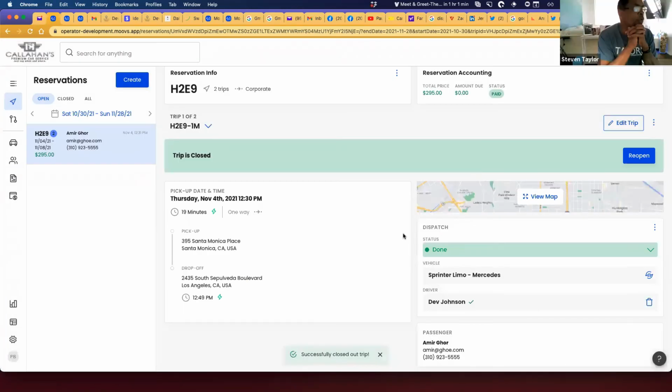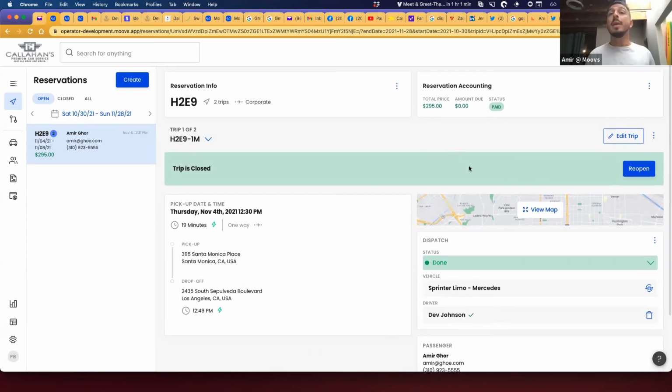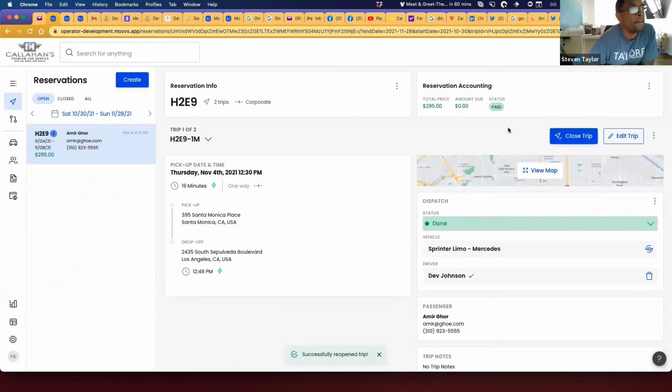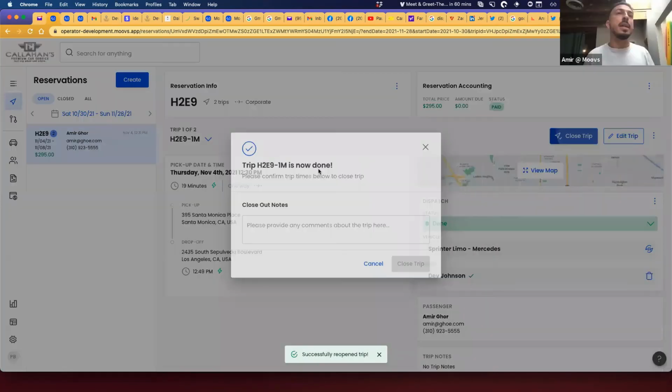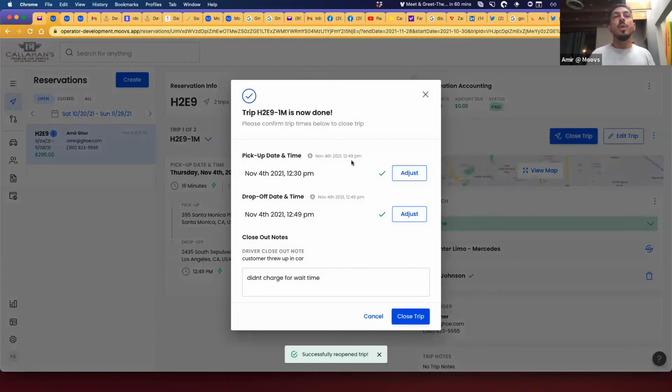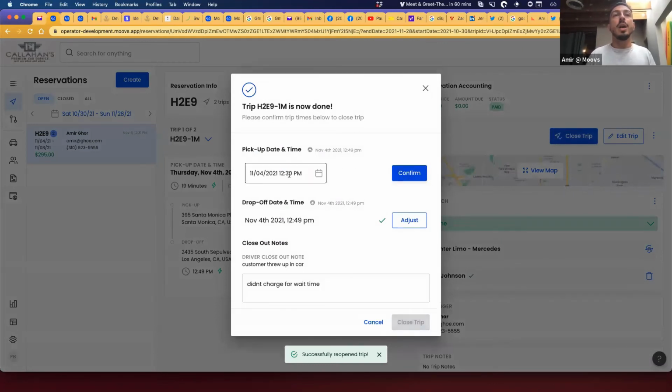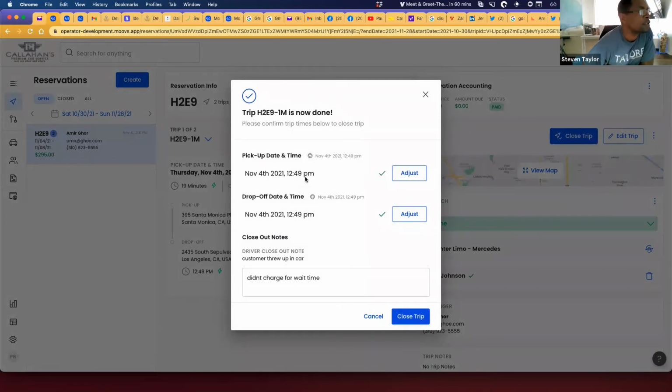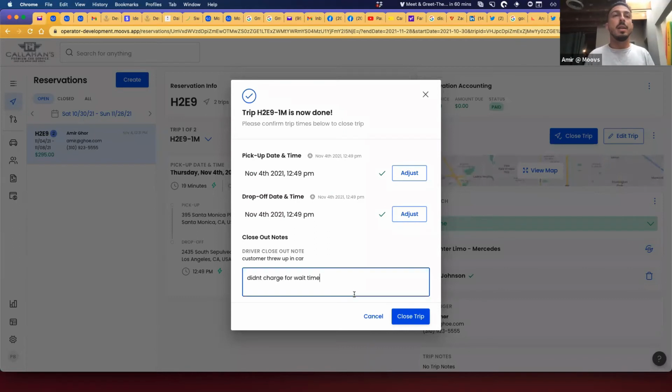Okay, so then when you charge that wait time, the wait time is charged on the preference. That's where that extra thing is. You can put in and say wait time, then that's when you're charging. And so now, let's just say we're going to do this again for charging. The process there would be like, if you're now 12:30 to 12:49, right? You can either adjust this to 12:49, right? So you can confirm with the driver that we're going to have a pickup time of 12:49. And then charging, let's say we're going to charge $100 for wait time.